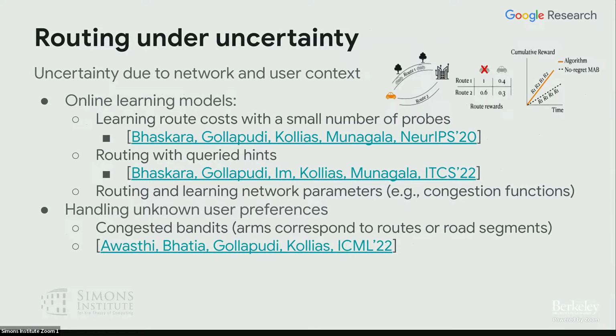And finally, when we talk about learning and predictions, what do we mean, right? These systems are inherently uncertain because of the state of the network, like I said, and of course the user itself. The user asks for a service from this system. We don't know the context of the user, right? The user is in a hurry, catching a flight, so a low variance route might be more important there. The user is a local, so a familiar route is more important there. Or the user is a traveler. So how do we deal with these different user preferences, right?